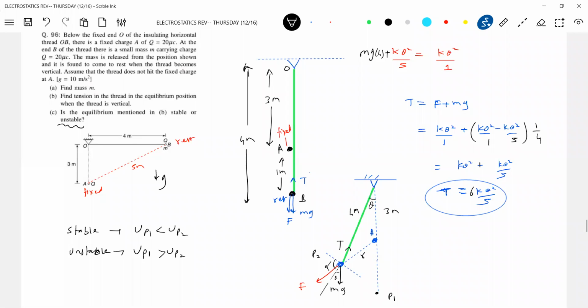From the net force equation we can get. See, net force, mg sin theta. We can take some approximation, sir. The theta is small, so we can say R is almost equal to 1. So we get alpha. But alpha is equal to 90 minus 4 theta approximately, for small angle theta, no?